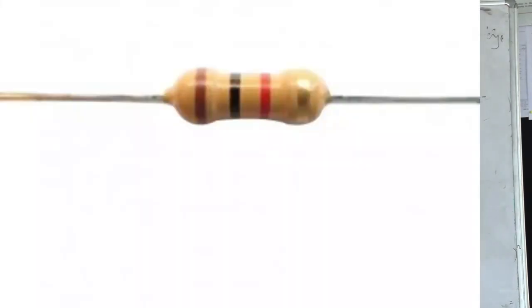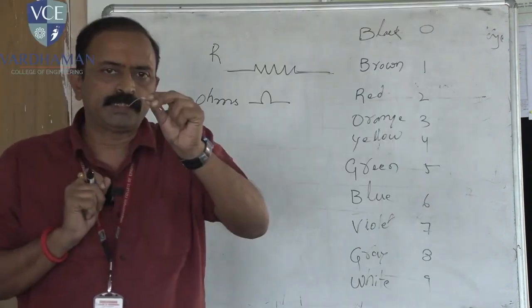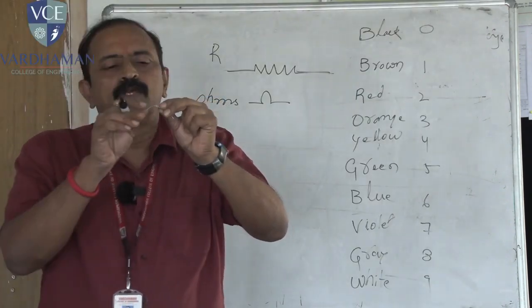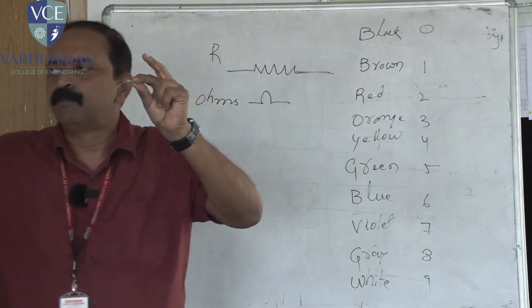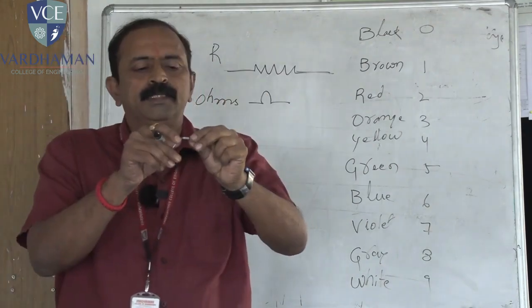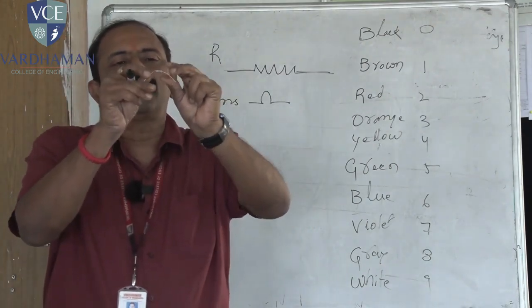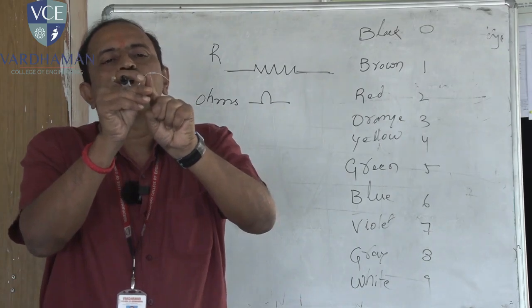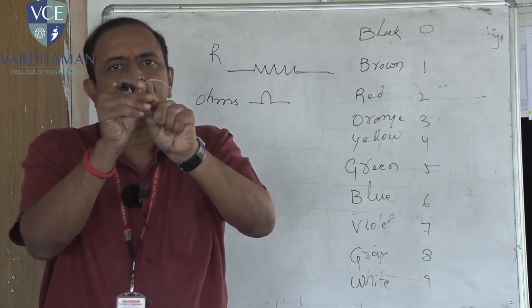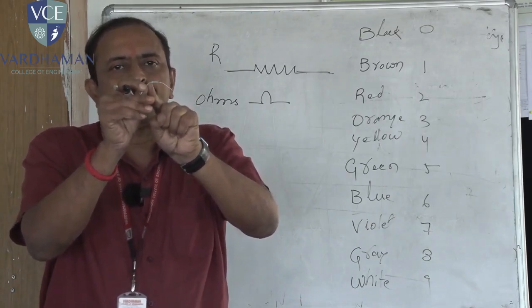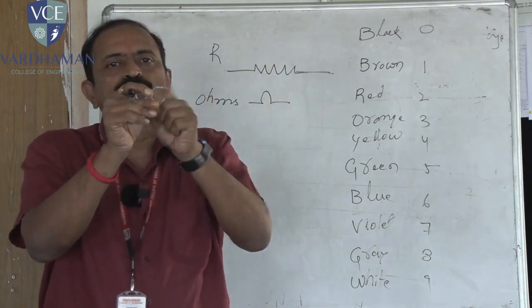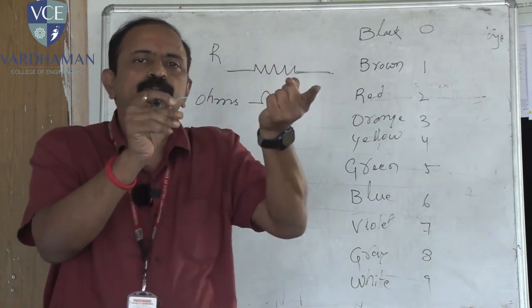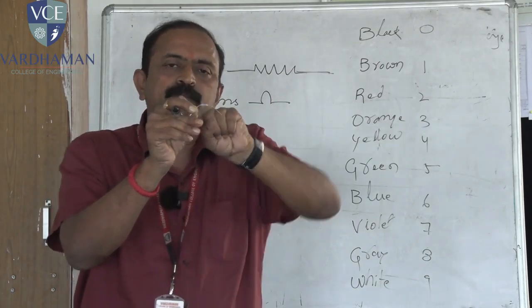There is a tolerance limit given for this resistor. It is plus or minus. So every color will have its own value, plus or minus 10%, plus or minus 20%, like that. You can observe the gold color on the extreme corner of the resistor body. The color code is taken opposite to that gold color, not considered from the gold